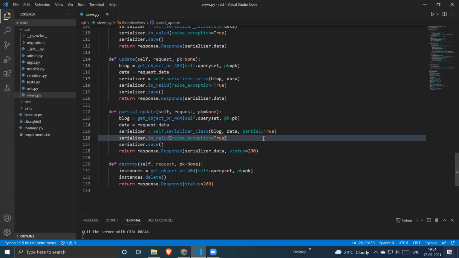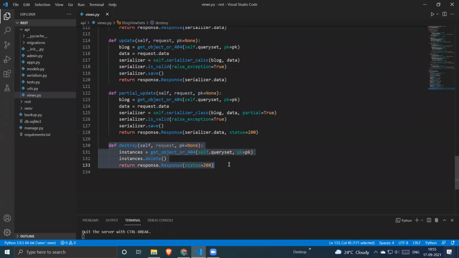It allows us to update partial data. Right. For example, if someone is just trying to update a title of the blog, it won't run the validation for the description as well as for the date. Then we again run the serializer is_valid function, and if the exception is raised, we have to make it true.